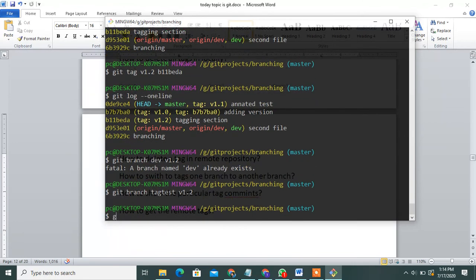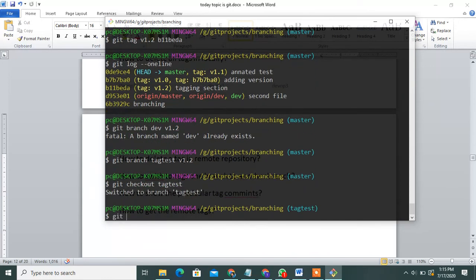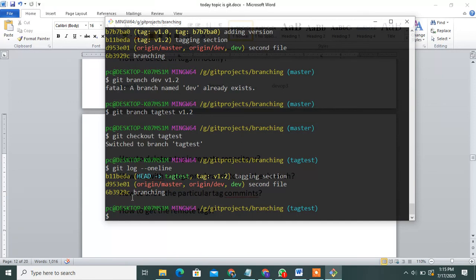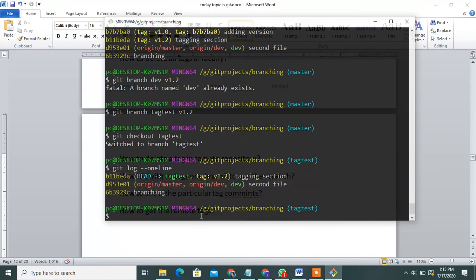Once you check it, you can git checkout, then check git log --oneline. See, only three commits can be used to switch from one branch to another branch. You can take any commit ID and tag that particular commit ID, and you can switch to only that commit ID.